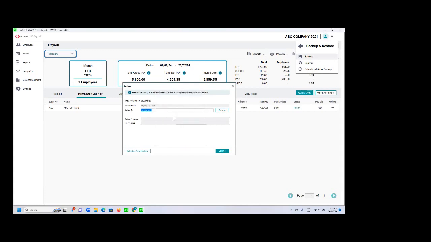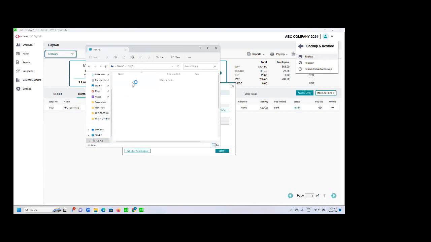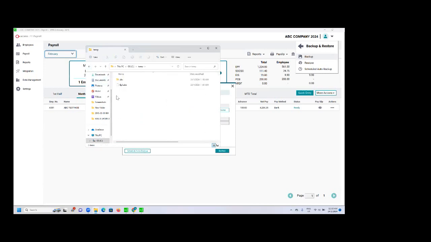Let's say the company is called ABC. You select that month is January, put January 2024. Okay, you backup. Once done, you can see a folder here. Okay, this is for January. So if anything happens and you want to readjust the figure,